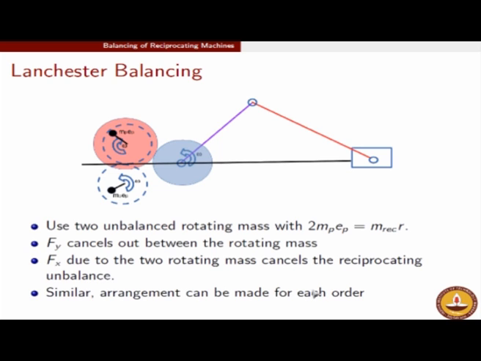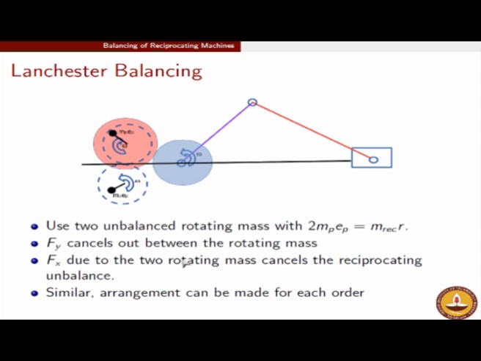Secondary balancing also can be done for the other order. There we have to have just a similar arrangement, but rotating at 2 omega speed, and there we have to take the counter mass, which is mREC times R times lambda by 8. Just like here MPEP was mREC R by 2, there we will have mREC R lambda by 4 by 2, which is lambda by 8. So with that correction we can have a Lanchester balancing where each and every order can be balanced,